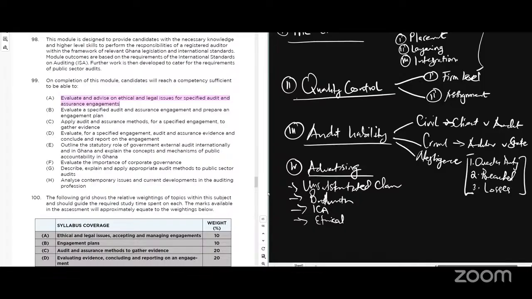Objectivity may be in question, right? It means that they can give you gifts and hospitality just to get what they want. So advertising also has this, and sometimes you must bid for contracts. So things like tendering. What mostly you are going to see is what goes into your audit tender, the fees, all those things. The things that go into your engagement letter, something similar goes into the tender.